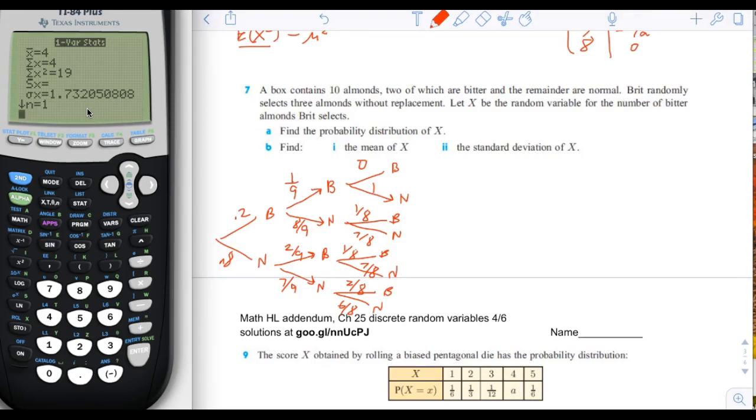So the first one is 3 bidders, but there's a 0 chance of that, so we won't even write it down. The second one, we got 2 bidders and then a normal, and the chance of that happening is 2/10 times 1/9 times 1, which is 2 over 90. And then the third one is bidder, normal, bidder, and there is a 2/10 times 8/9 times 1/8 chance of that happening, so that would be 16